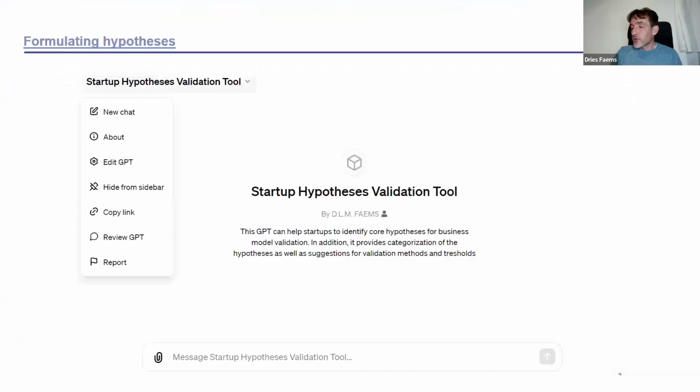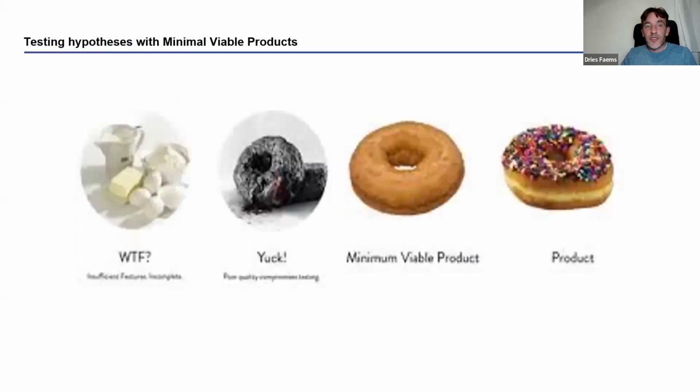Yes, so that's another tool that we use for the creation of hypotheses. And of course, in the end, our students have to start validating these hypotheses. And for that, we use what we call minimal viable products. So we expect our students to create first tangible representations of their product or their service that are good enough for a user to understand what they need, what they want to build,